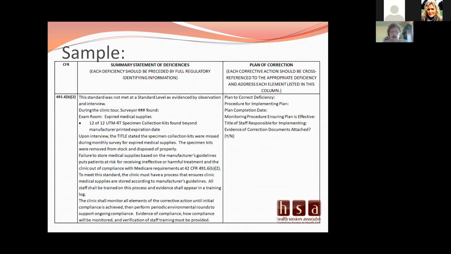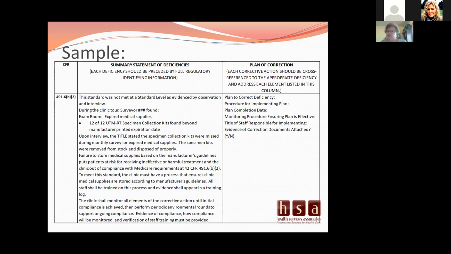Okay, so how do we handle this? What you can see is an E code, say E023. And so what I would do on the right-hand side is above where the plan of correction for the deficiency is, I would type that E023 if that's what's on the left-hand side. I would put it parallel and I would put in the E code, the J code, whatever code it is. Then I like to use this format myself because I think it addresses all of the elements, and this works for all of the deeming entities as well as state response.